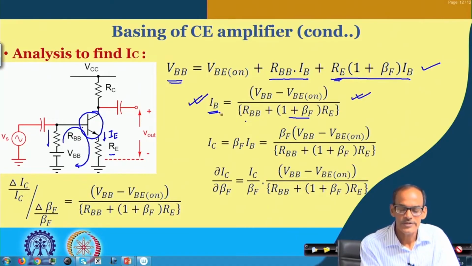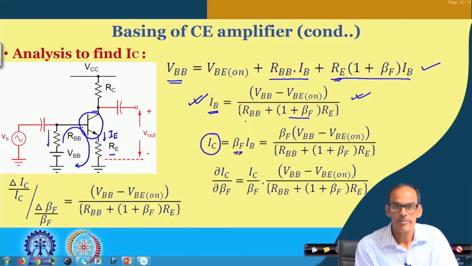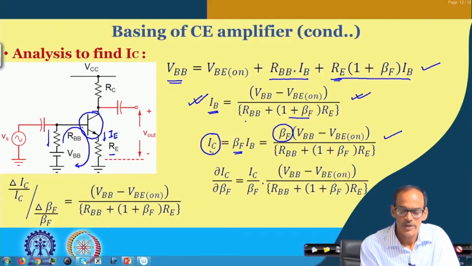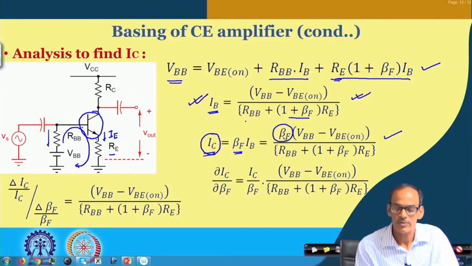Now, if I am having this base current, we can get the collector current by multiplying with beta of the transistor. So, the expression of the collector current is given here. It is the same as this part along with multiplying with this beta. Now, if we would like to see what will be the variation of this collector current with variation of beta, we can take partial derivative of this equation with respect to beta,